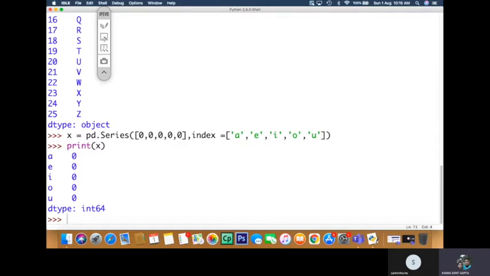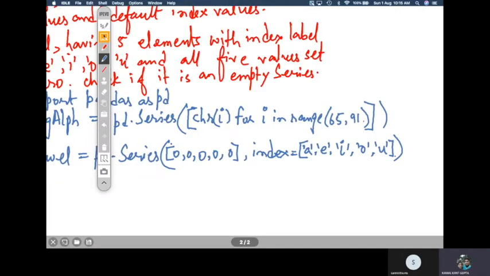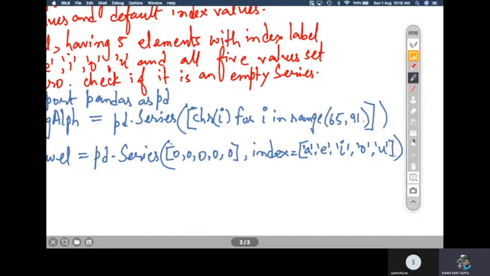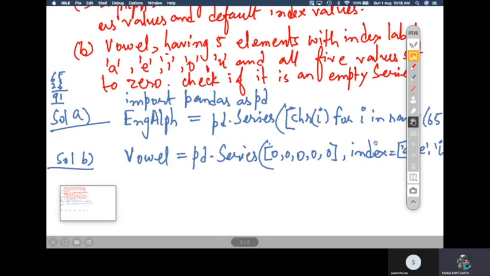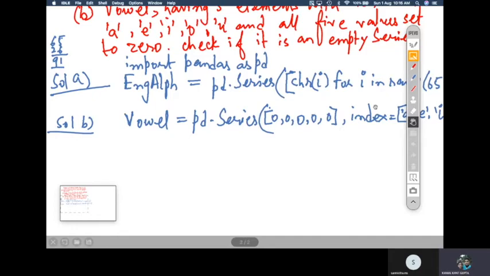Now let us move on to the next part of this question. The next part is question number C. What is question C?